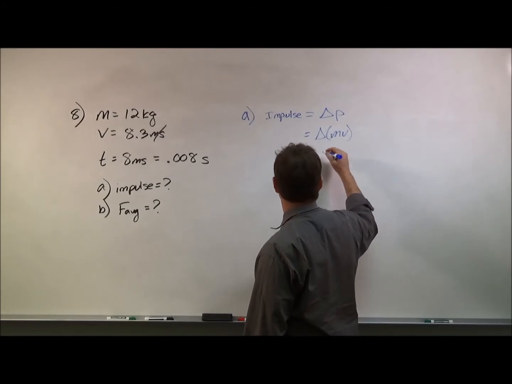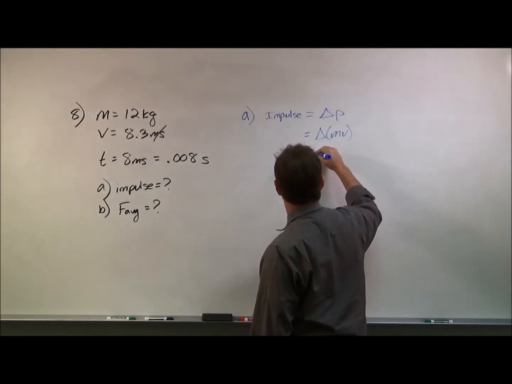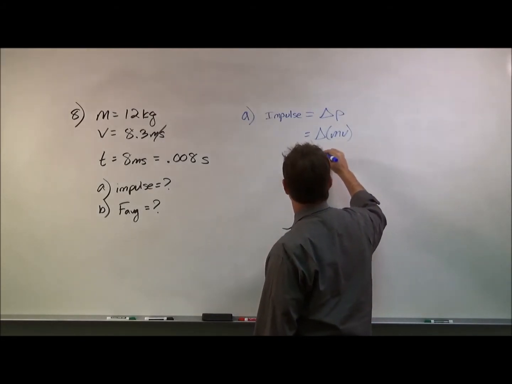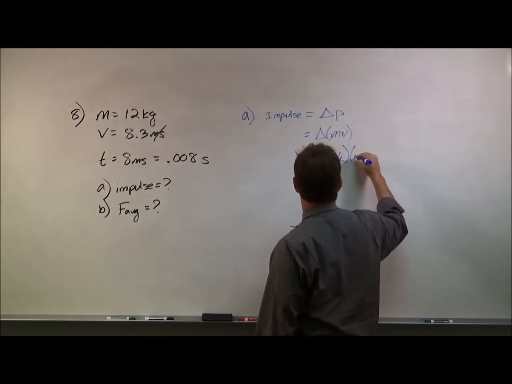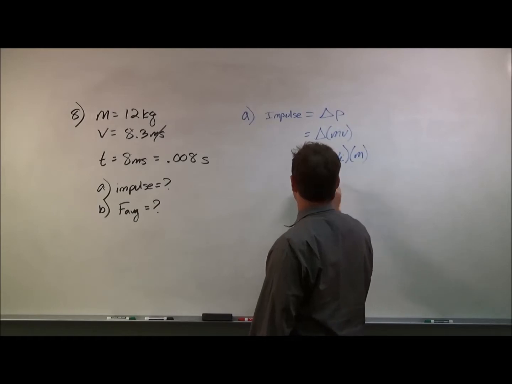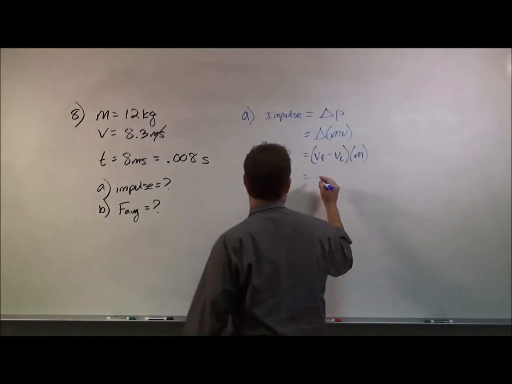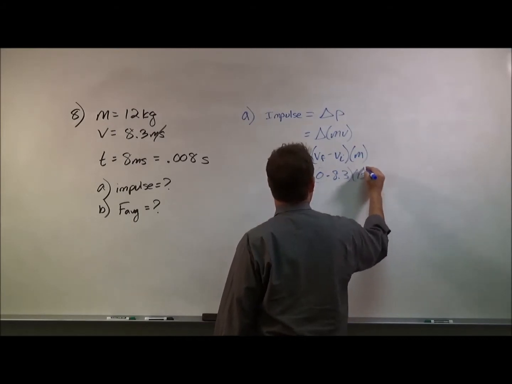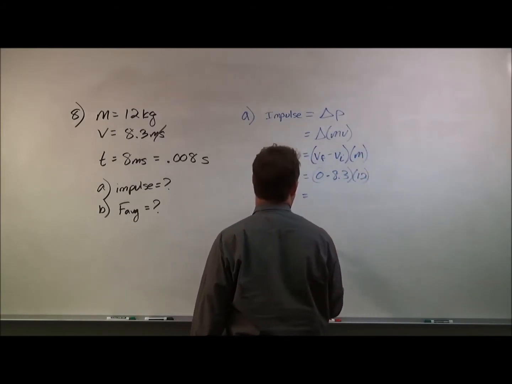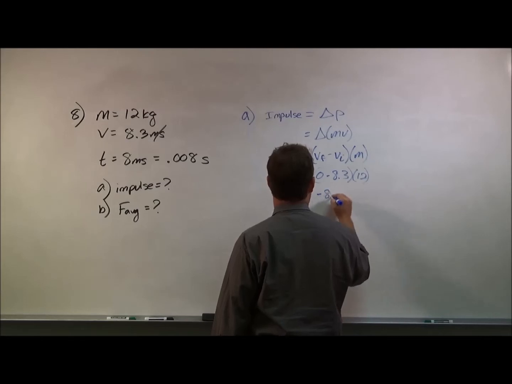12. So your change in momentum would be V final minus V initial times your mass. That's your change in momentum. And here that's 0 minus 8.3 times 12, which will be negative 8.3